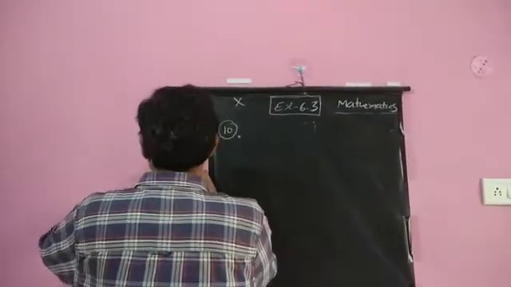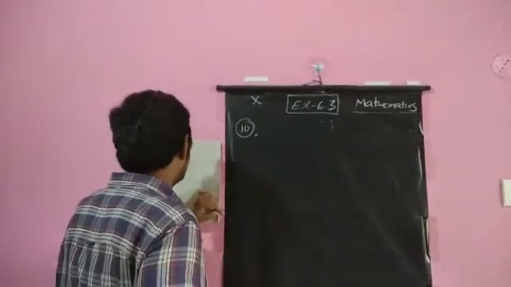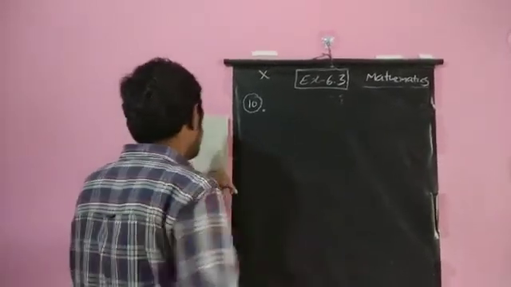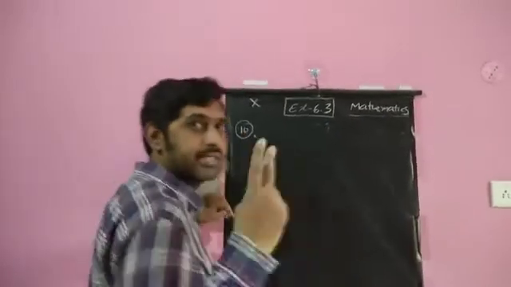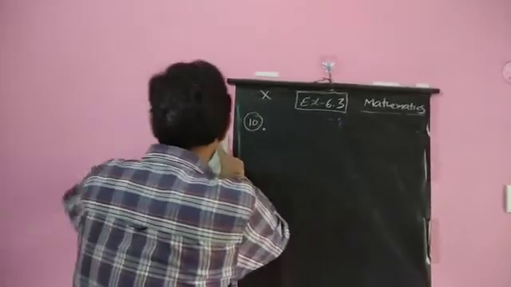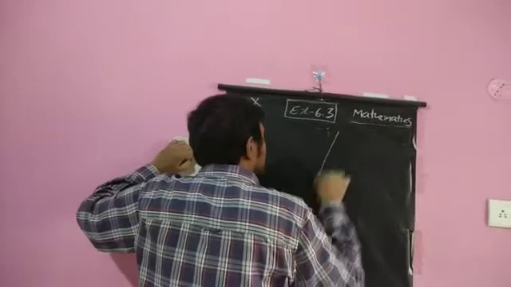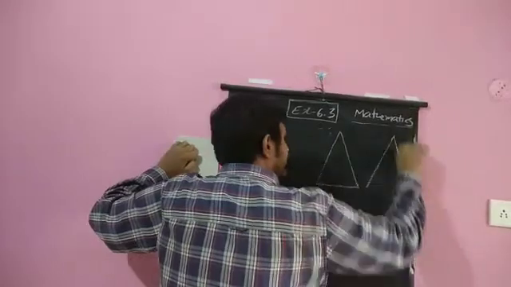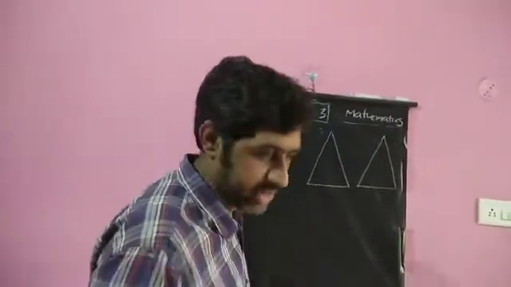If you try to understand clearly, the question states that CD and GH are respectively the bisectors of angle ACB and angle EGF, such that D and H lie on the sides AB and FE of triangle ABC and triangle EFG. So the two main characters in this are what? Two triangles are there. In the last sentence of the question they mentioned triangle ABC and triangle EFG. So for that I am drawing the two triangles. Based on whatever they gave, we need to label.